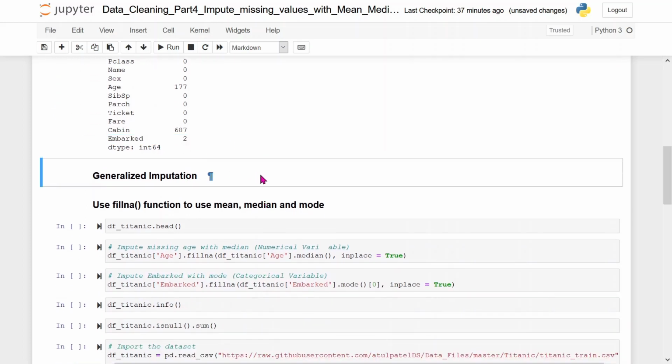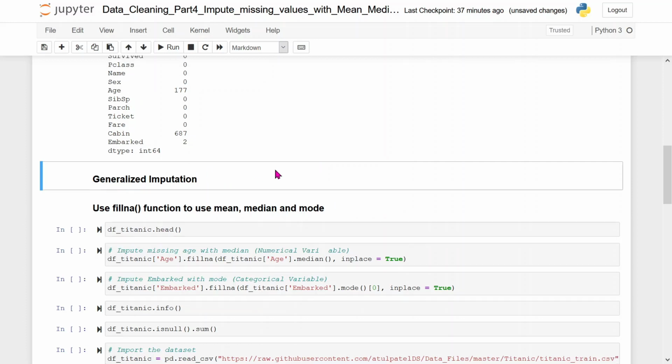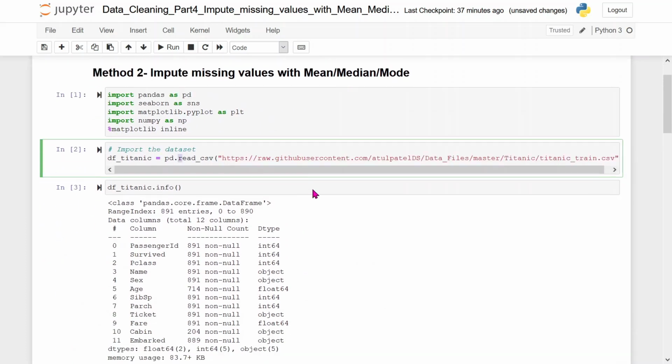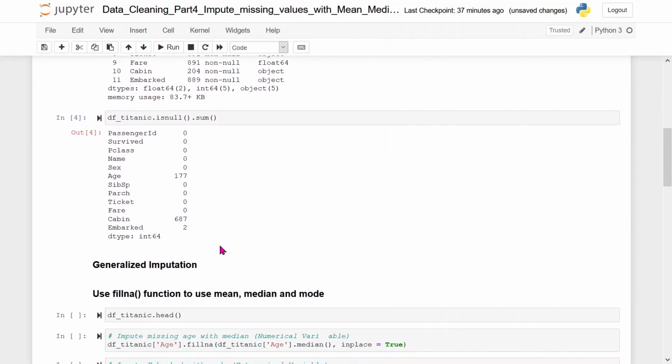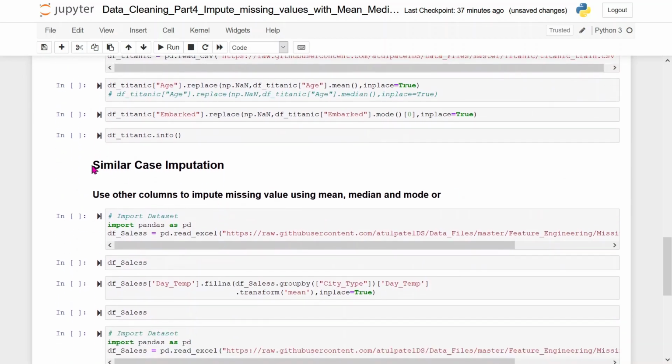Now, as we have discussed in our previous video regarding the imputation, we can categorize it in two parts. First one is the generalized imputation, where we impute the missing value in each column. Like first we will impute in passenger ID, then we will impute in survived, then we will impute in sex. It means column by column we impute the value. And the second one is similar case imputation, where we impute the missing value